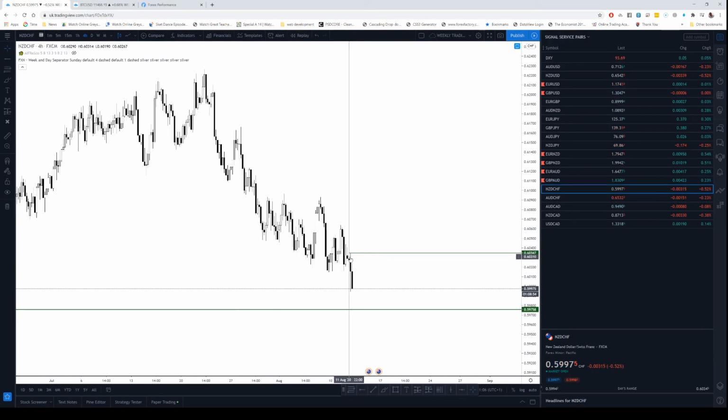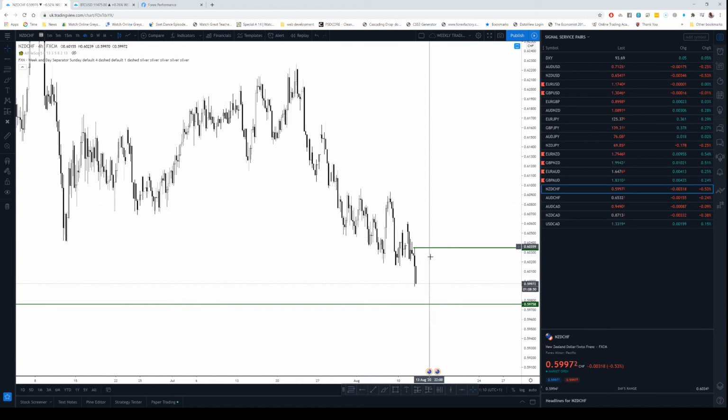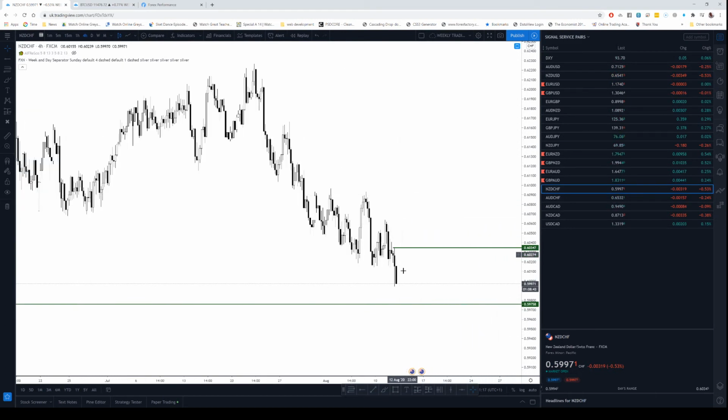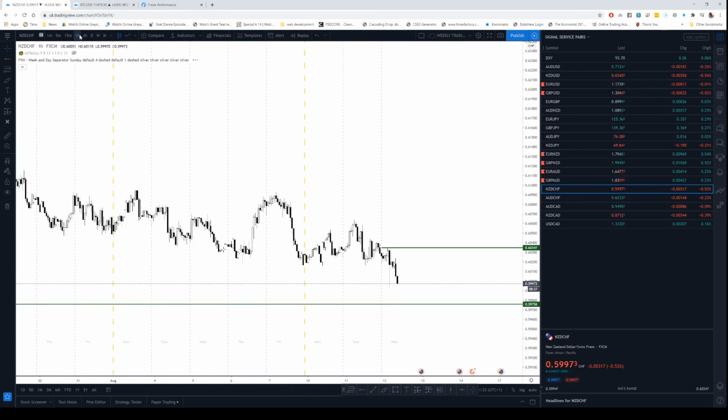It's a swimming pool. You jump in and then you place your stop up there. Okay, and then you ride it to that level. There's nothing to say on this one other than that's where it's going. If it does pull back, maybe during New York it might pull back. I don't think it will,